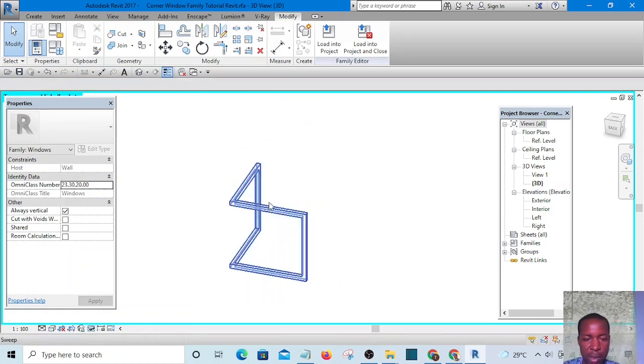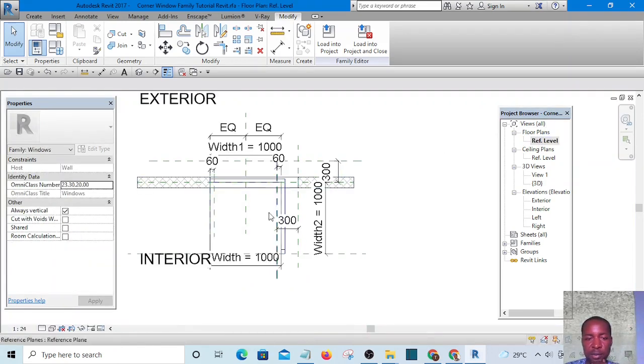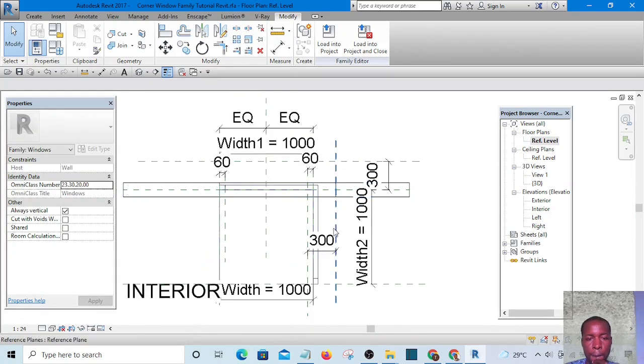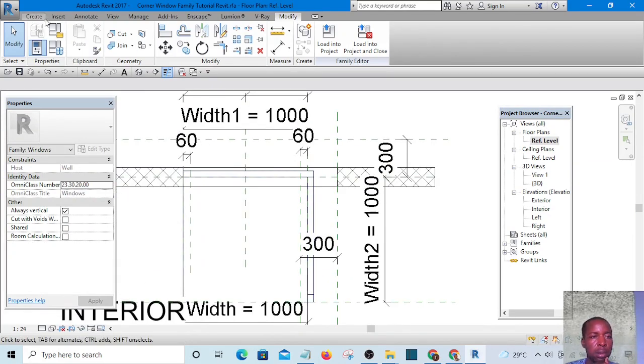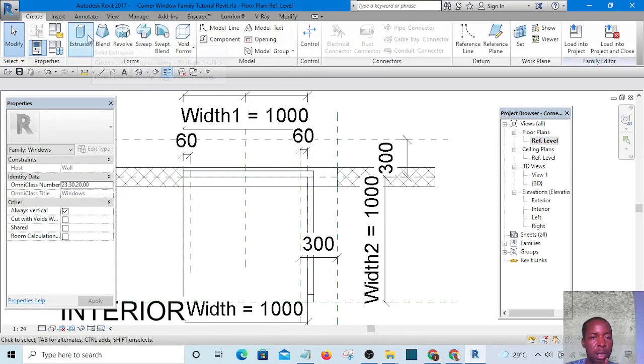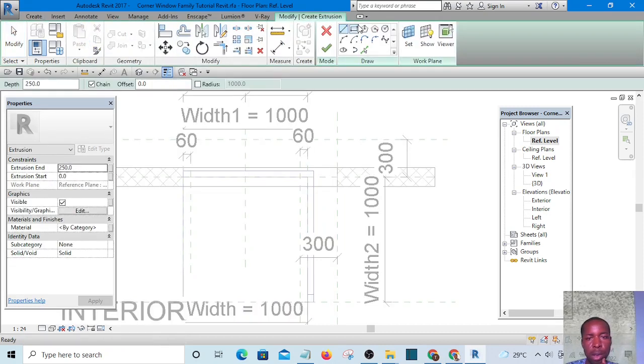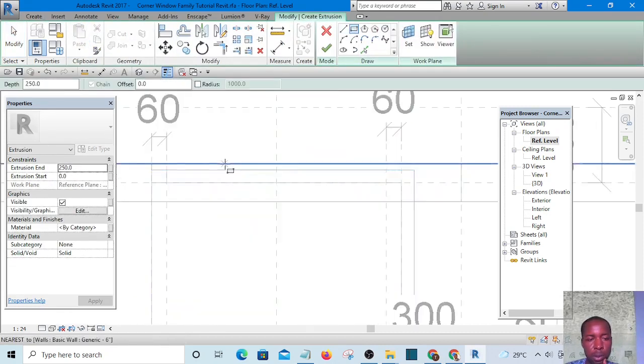So my glass is going to go like this, and to create that glass, I am going to use extrusion. I will go to reference level and create extrusion and create a rectangle,